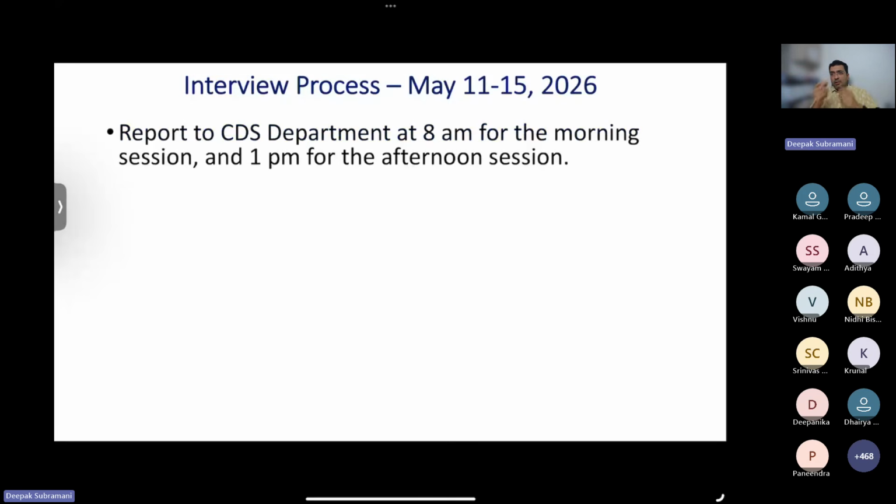So you would have got a call letter. I see that some of you are saying that you did not receive a call letter. So check once again in the portal. If you don't see your name in the portal, write an email to admissions@iic.ac.in and CC me, deepakns@iic.ac.in, and we will take a look at that. If you did not check your portal or email today or yesterday, there were some updates, especially if you did your GATE subject in mathematics or civil engineering. There has been some update in the selection.